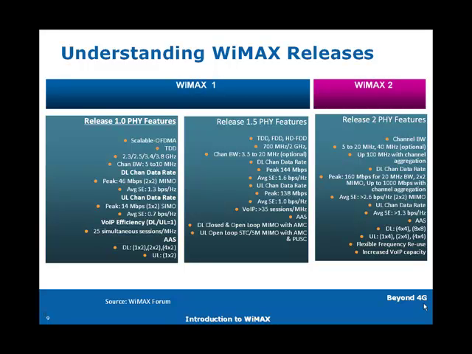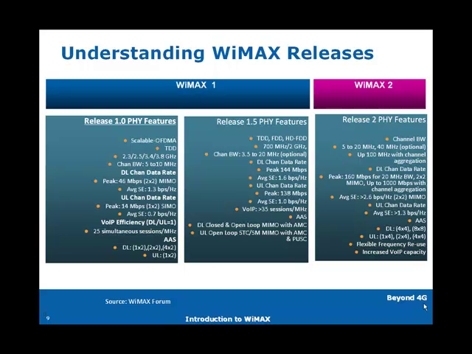The current release, WiMAX 1.0, is a collection of features which has key ingredients like OFDMA, and it's TDD in nature. It supports a variety of bands, 2.3, 2.5, 3.4, and 3.8 recently added, and supports channel bandwidths of 5 and 10 megahertz. Due to MIMO and advanced antenna configurations, the peak data rate that can be achieved with the 1.0 release is 46 Mbps,